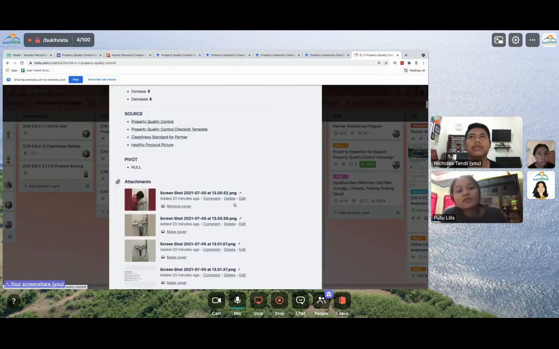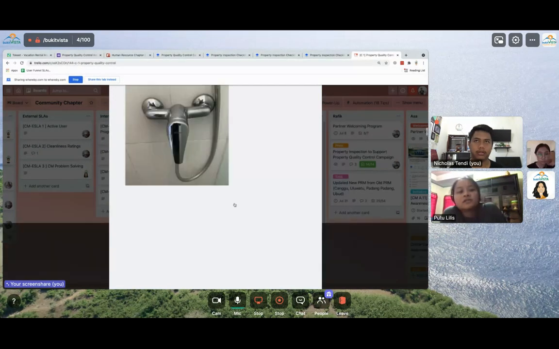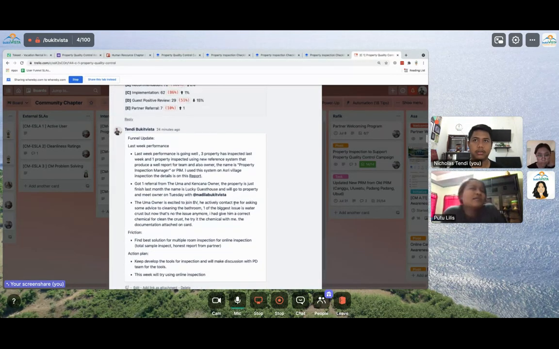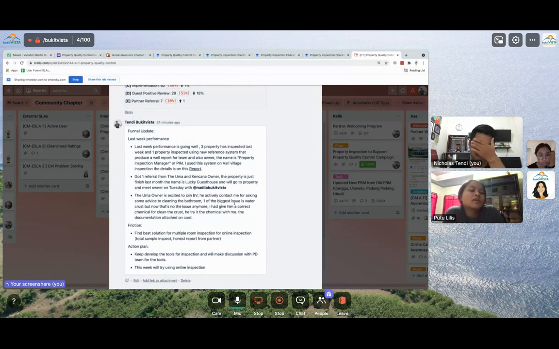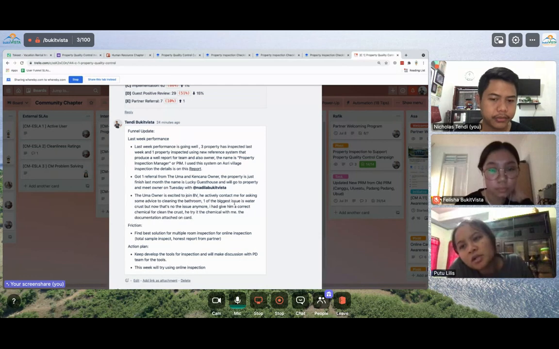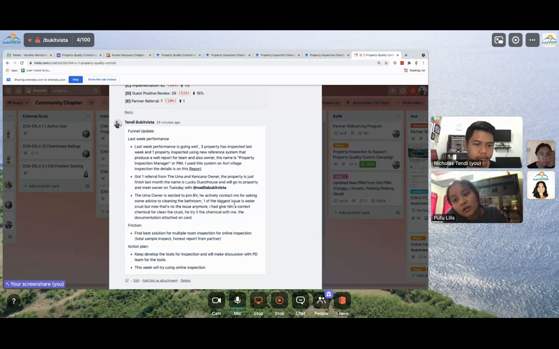Anyone have suggestion for Kak Tandi on how to solve the friction? I'm not sure whether this will work or not. Perhaps the first idea is using photos from the owner. Can we do like a video call with the owner, like 15 minutes is enough, like, hey Pak, can you please show me this corner, this corner, this corner. Jadi kita yang minta langsung gitu. Oke, so when the video call, pas dia shoot misalnya toilet itu kita screenshot gitu.